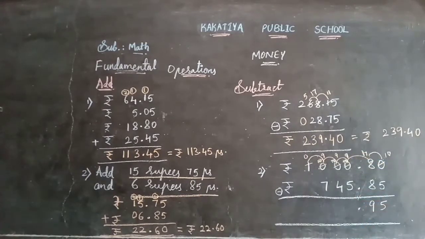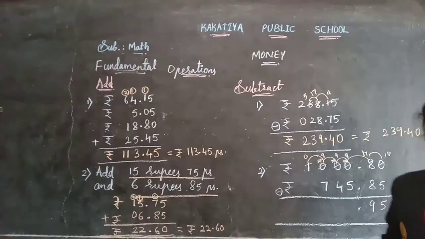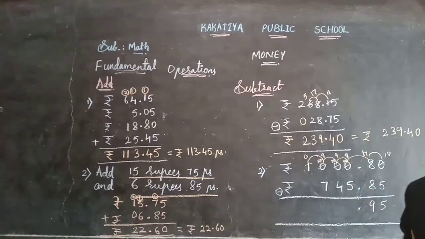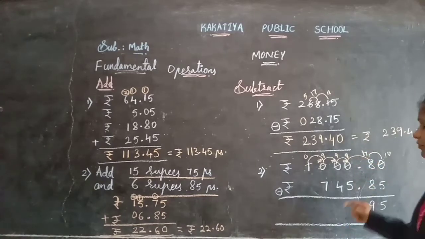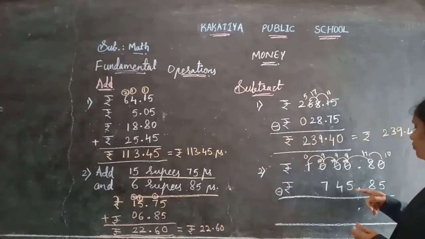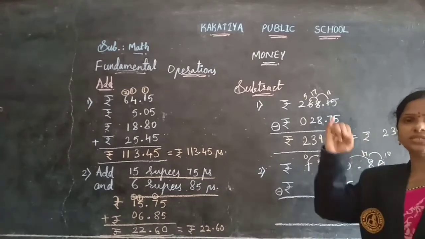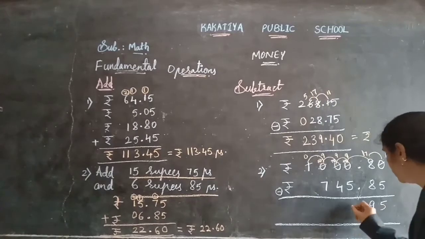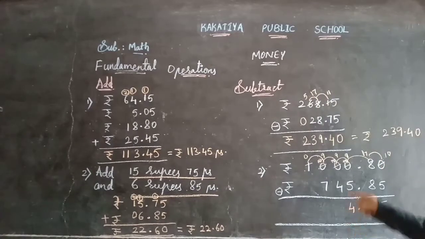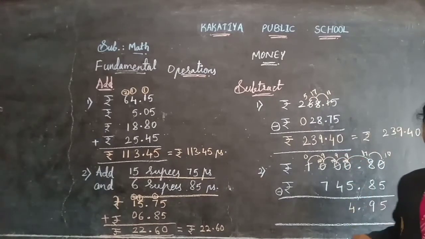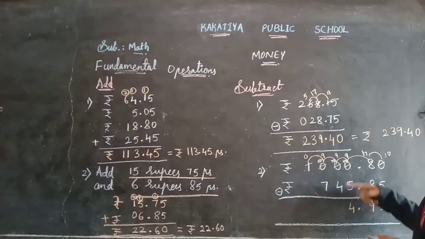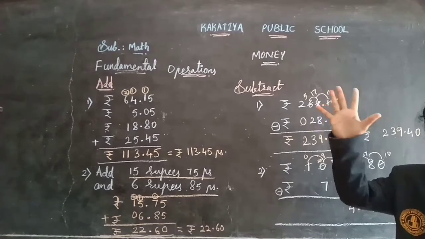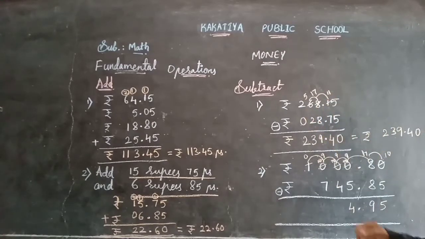So 9 minus 5 here. 9 minus 5. Is it possible, children? Yes, it is possible. 9 is bigger than the 5. So 9 minus 5 you can do, or else you can start counting from 5 to reach the 9. 5 after 6, 7, 8, 9. So 4 numbers are required to reach the 9. So 4 here. Now 9 minus 4 means you can start counting from 4 to reach the 9. 4 after 5, 6, 7, 8, 9. I reach the 9. So to reach the 9 I require 5 numbers.